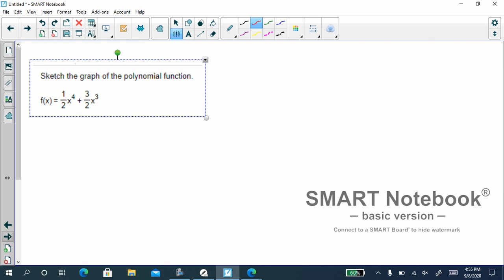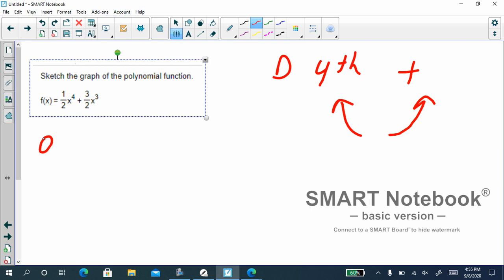Okay, let's do this one. Here, our degree is the 4th degree polynomial. The leading coefficient is positive, so the edges are the same as the last one. So to get our zeros,